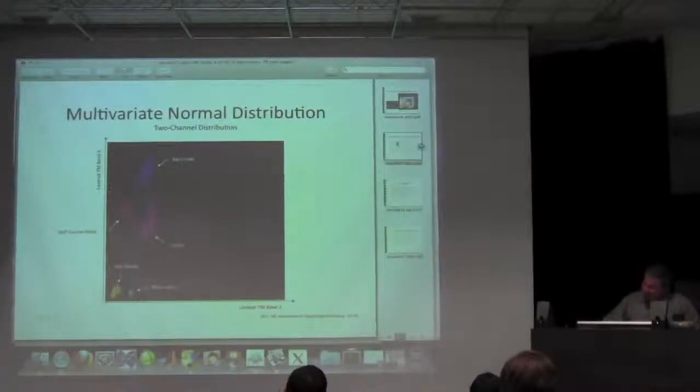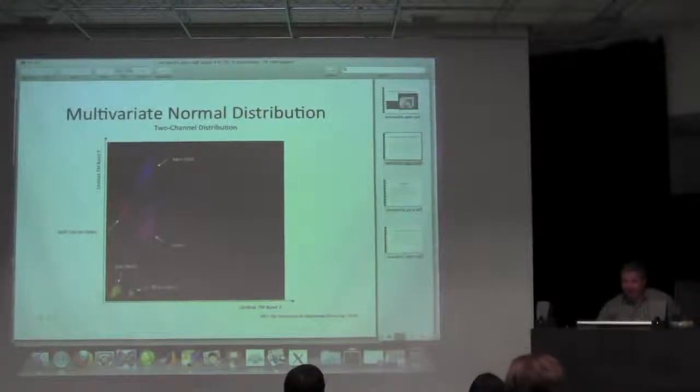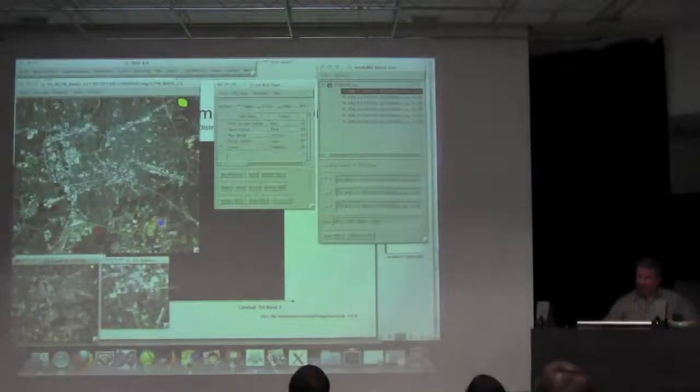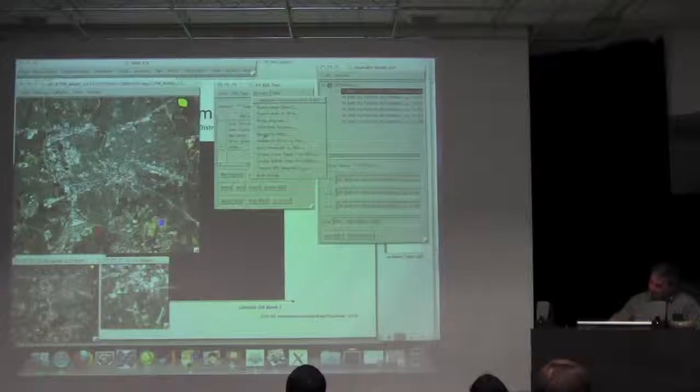All right, well, one of the prime authors of ENVI, his name was Joe Boardman, and for his PhD thesis, he came up with tools to help with classification. And one of them was a tool called the ENVI Visualizer. And this is, I think, one of the coolest tools that's out there now. All right. So if I go under my ROI tool, under Options, and I pull down, there is a